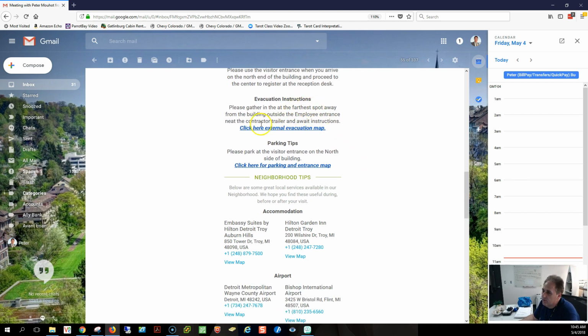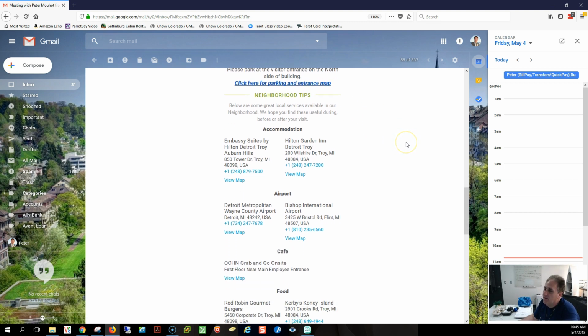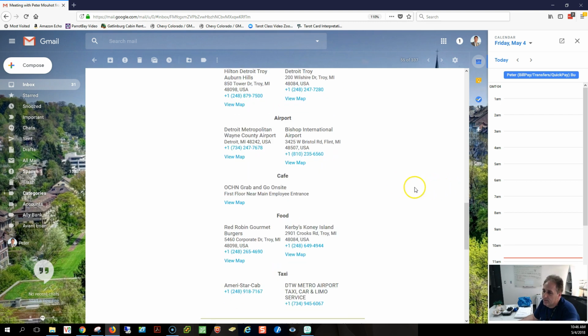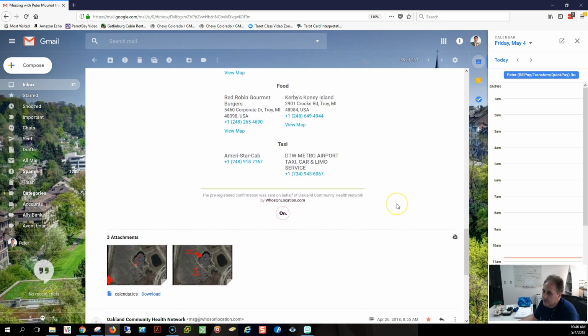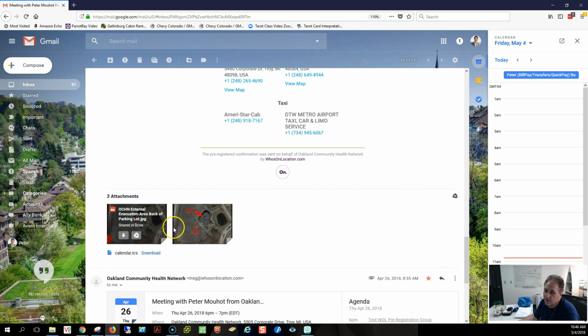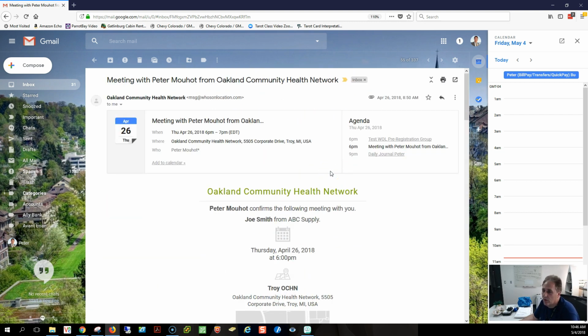Evacuation instructions and information, and we can click to external maps, parking tips, and then for those people that are traveling afar, it's going to tell them accommodations that are nearby, again with mapping and Google Map capabilities, airport, cafe, local food restaurants, and taxi communications, and all attachments are also included right here for them to look at. So a very, very nice, highly customizable welcome packet that just puts the icing on the cake for